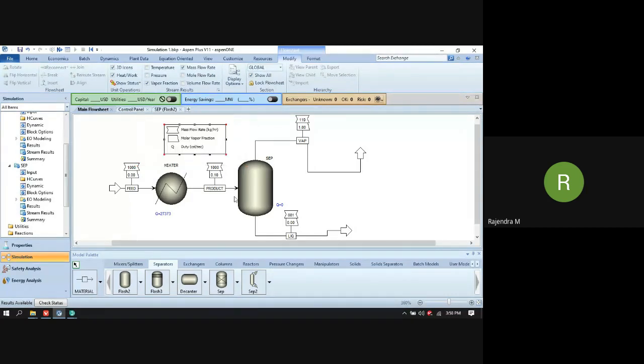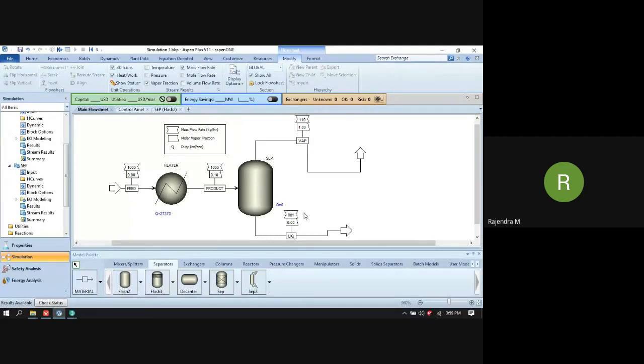The fraction that I have provided is based on molar, so it is a molar vapor fraction, and these flow rates are mass flow rates. That's why you can't see 100 kg per hour and 900 kg per hour.